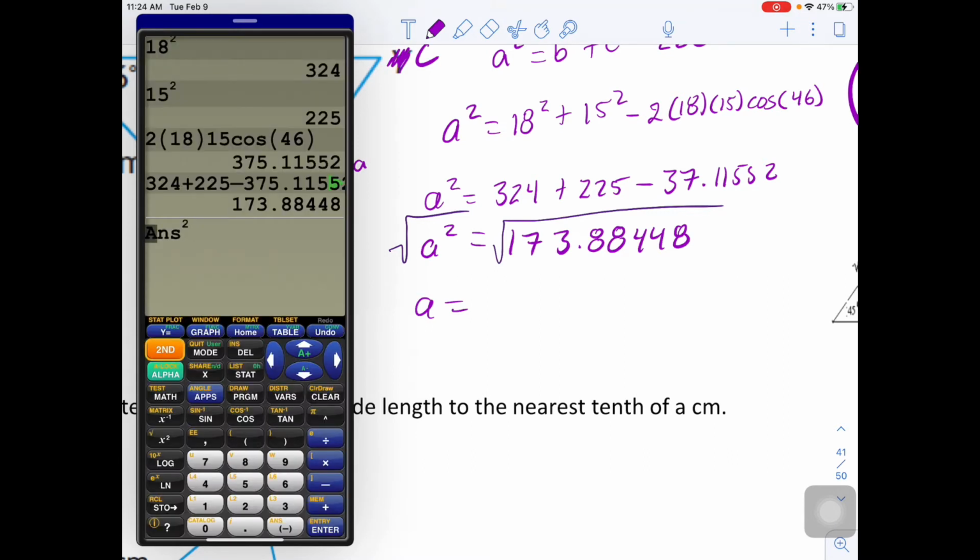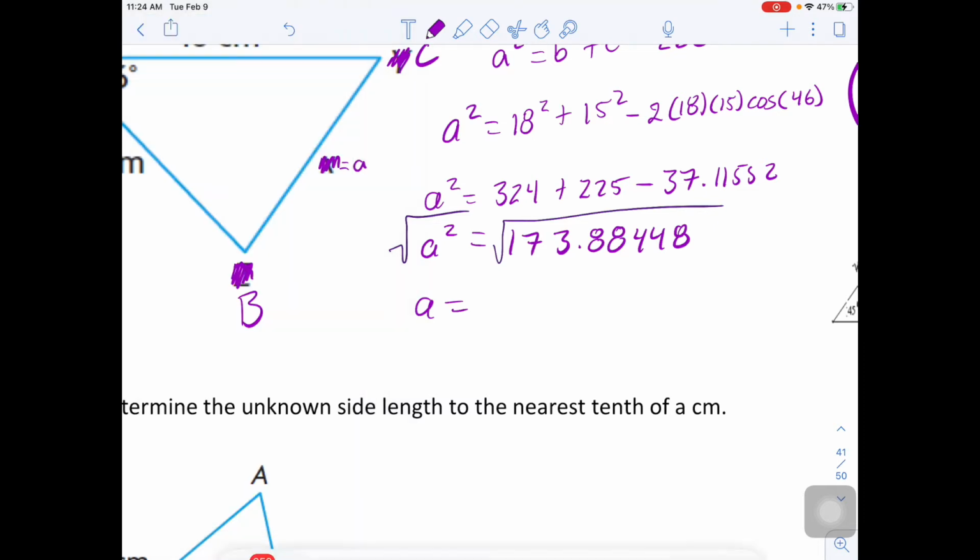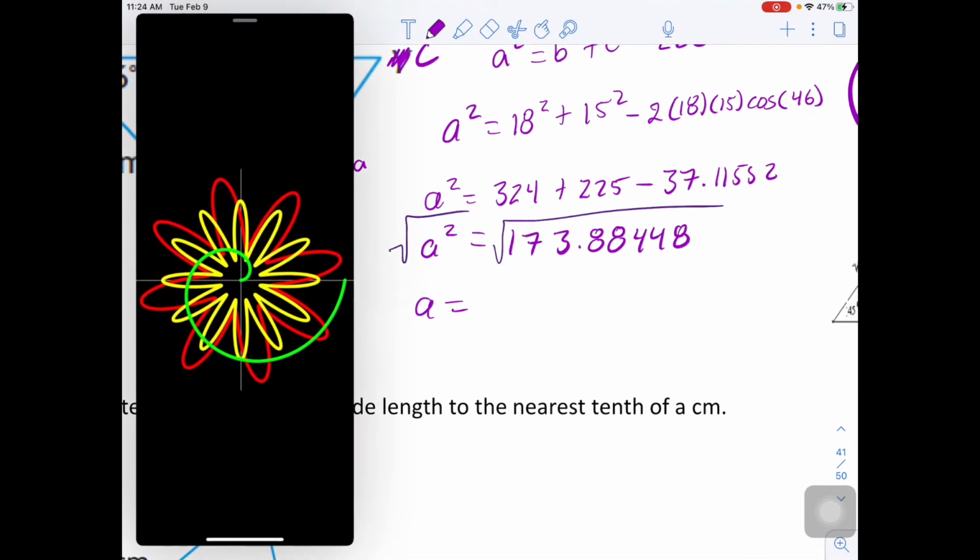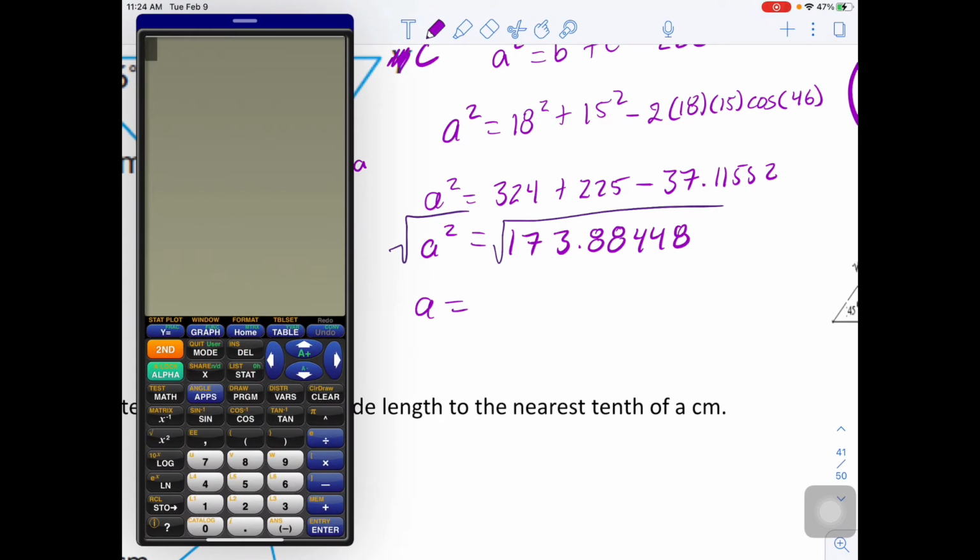I'm going to press second square root. Let's make sure I get rid of that square. Oh, looks like my calculator wasn't too happy with me with that one. So, second square root. 173.88448. So we get a to equal